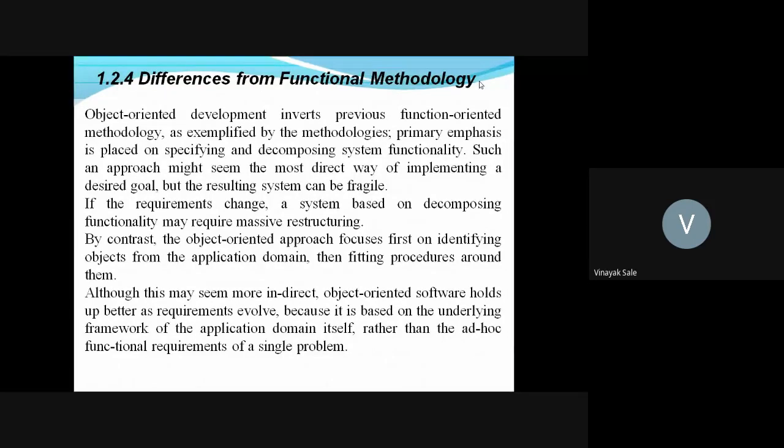By contrast, the object-oriented approach focuses first on identifying objects from the application domain, then fitting procedures around them. Although this may seem more indirect, object-oriented software holds up better as requirements evolve because it is based on the underlying framework of the application domain itself rather than the ad hoc functional requirements of a single problem.